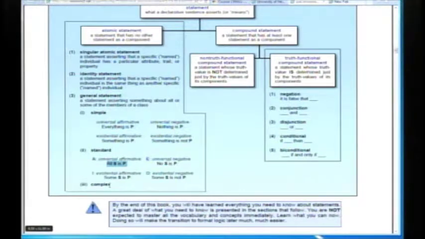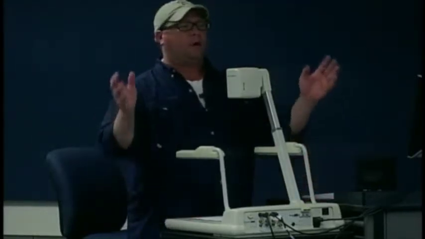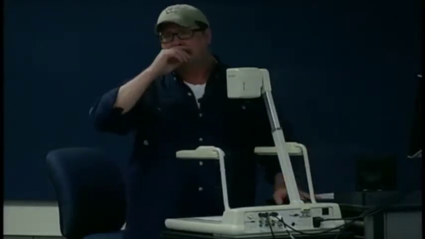So general statements, it turns out, are very useful for us in a variety of contexts, especially in science, when we want to make a true generalization over a range of objects in a particular domain, instead of having to make a long conjunction of every single object in a domain. For instance, think about it like this. If I wanted to say something truly about every person in this class, I could do so in an inelegant way by saying,